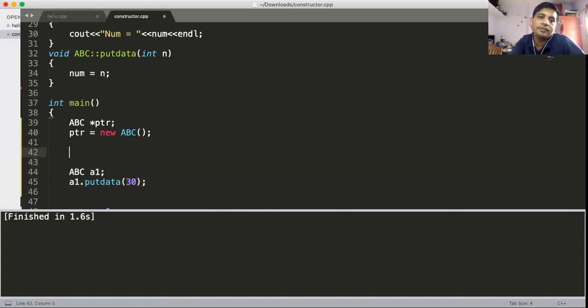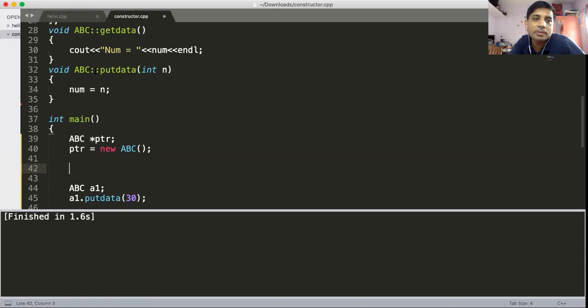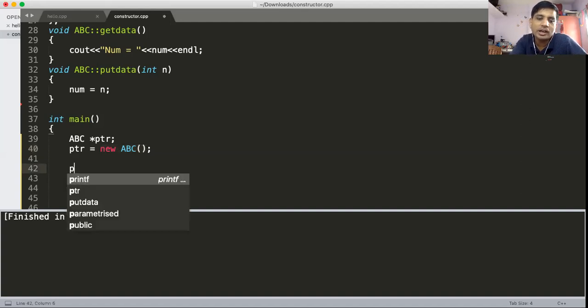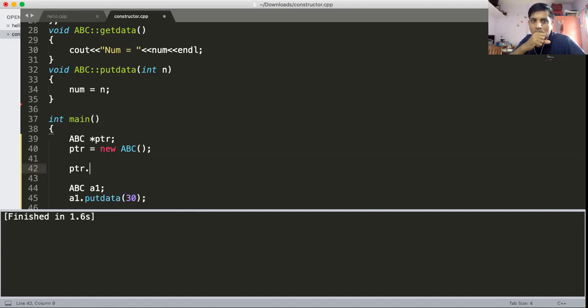But now I want to access the put data function of the object which is present in heap or dynamic memory. How to access it? I can't use the dot operator here. The operator that you already studied in C language, the arrow operator, should be used to access the object.